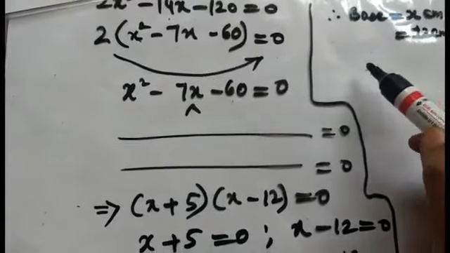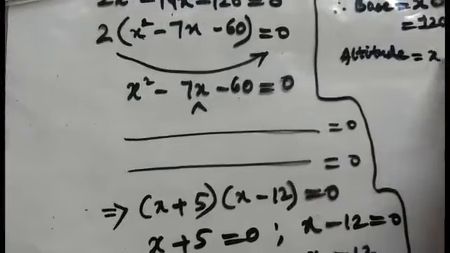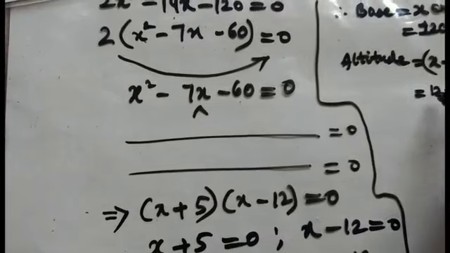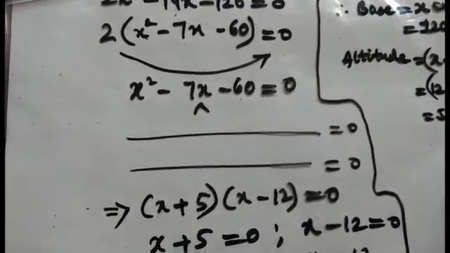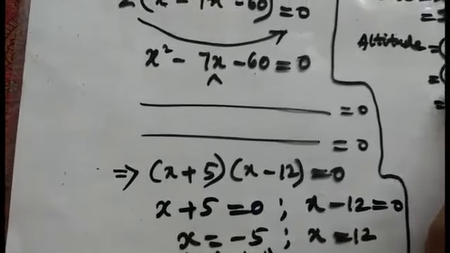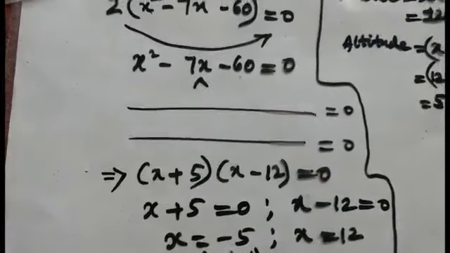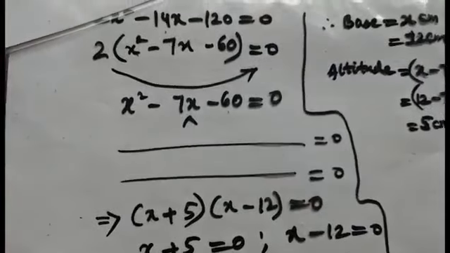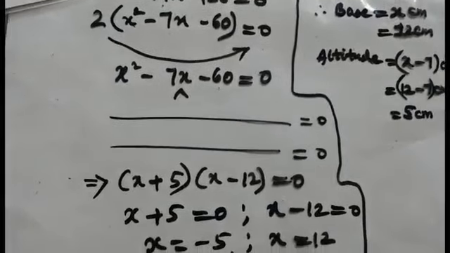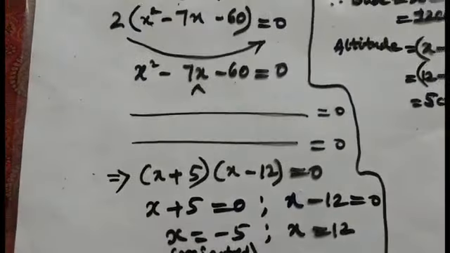Done. So you have to conclude your problem saying that therefore the base, what we had assumed as x centimeter, is nothing but our 12 centimeter. Okay, now what we had assumed for height or altitude, altitude was x minus 7 centimeter. So how much it will be? 12 minus 7, and it is equal to 5 centimeter. Done. So like this we have got two different sides just using the information of the connection between them. And always remember, try to reject the things which are negative, especially in the number of things or measurements or the length of some line. Okay, so by this we have completed our question number 5.